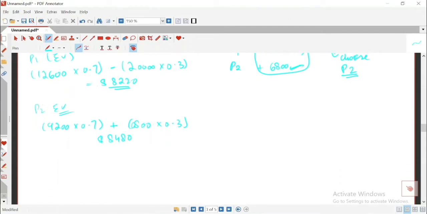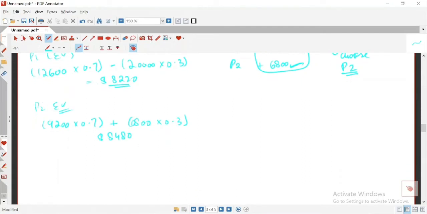So a risk neutral, obviously a risk neutral person जिसका expected value की basis पे decision लेगा, that person is going to take the decision based on the highest expected value. So based on these two options, the highest expected value is 8,480, which means that a risk neutral manager will select project 2. So 2 of the managers are going to go for project 2 and 1, a risk seeker, is going to take the risk and go for project 1.